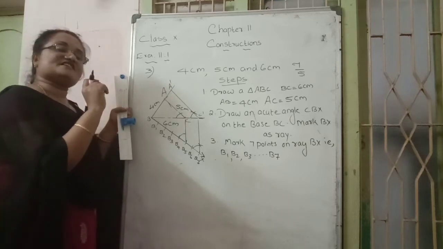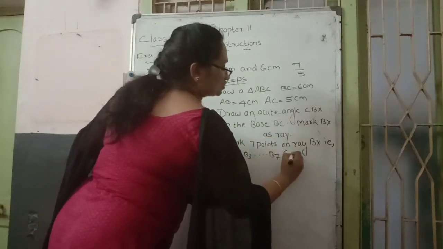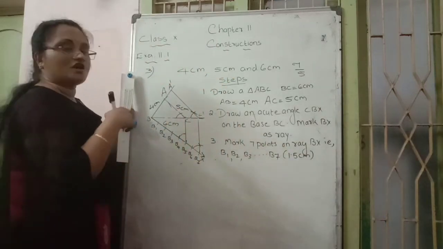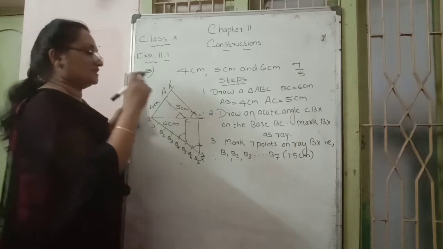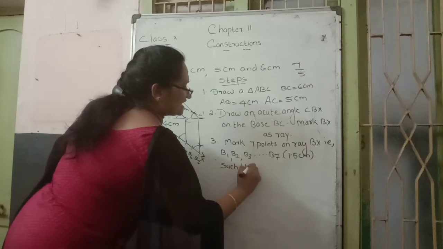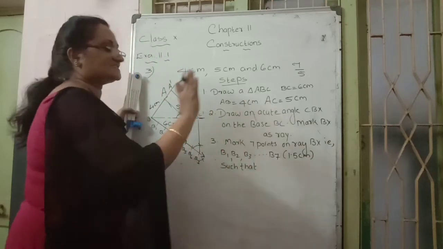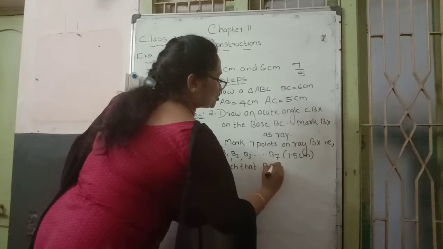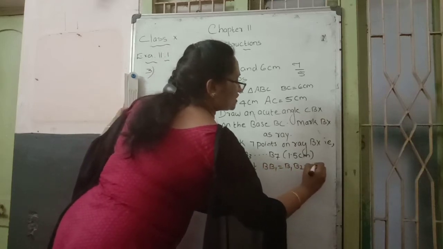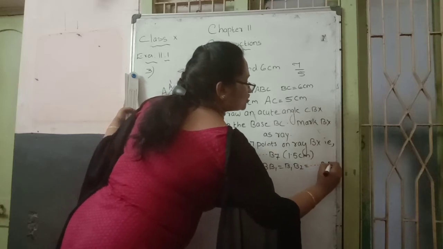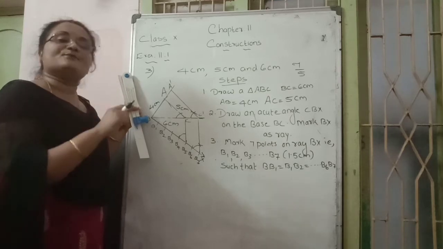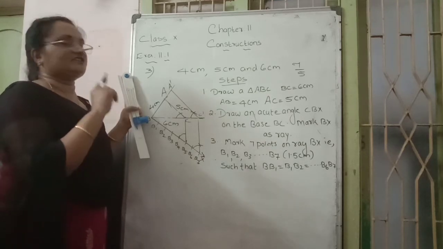Then the distance of each of them, how much? Each of them has a width of 1.5 centimeter. Remember that also; then a long, big diagram will come there. Each of them has the same width: B1 to B2 is equal to B2 to B3, and so on up to B6 to B7, all of them have the same width, 1.5 centimeter.